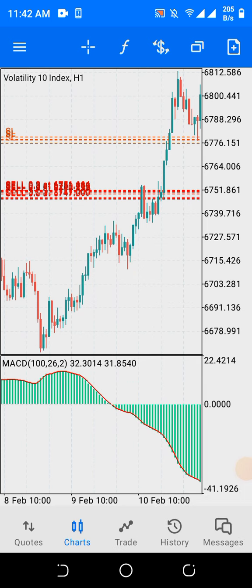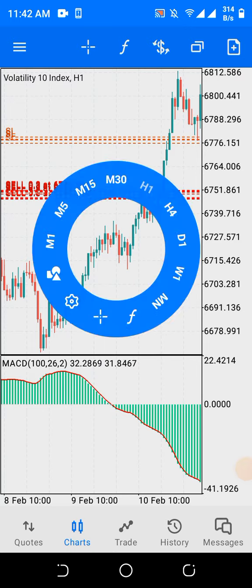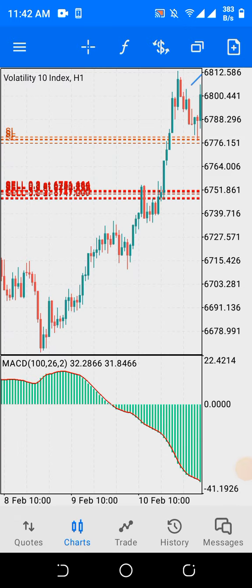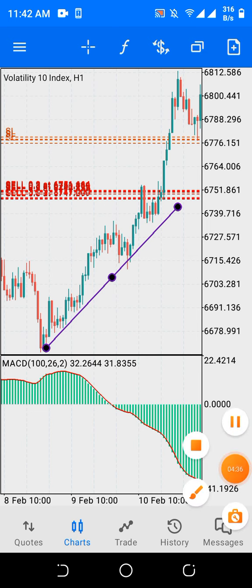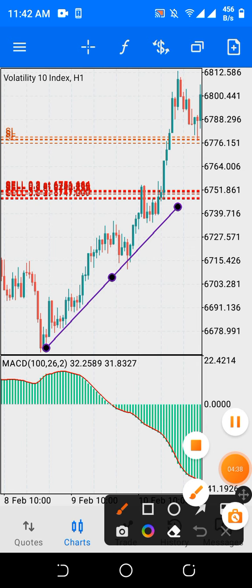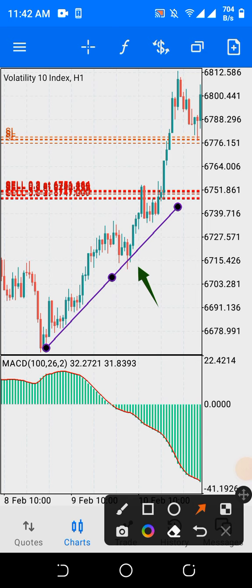Now let me use the trend line so that you understand perfectly what I mean. Once you notice this crossing from the side of the MACD, you use a trend line to join this line. You extend it. So from the point where the price hit back on the trend line is your perfect entry. Look at where the price hit the trend line. This is your perfect entry.